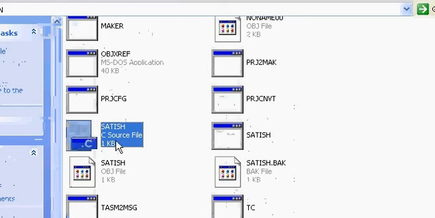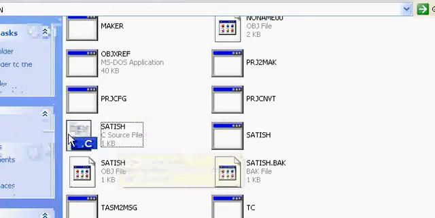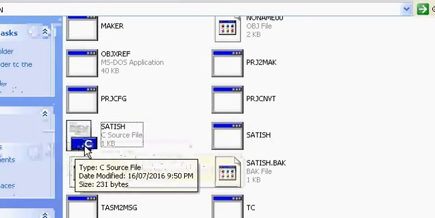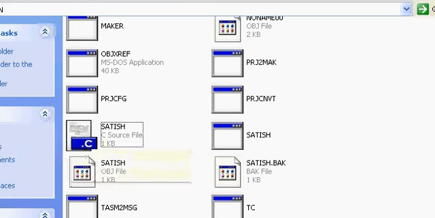See, here it is written C source file. It means it is the source code of the file. If I right click on this, this icon will not be displayed on your computer, because I have installed another compiler, that is Dev C++. Because of that I am getting this icon, but you will be displaying any other icon.